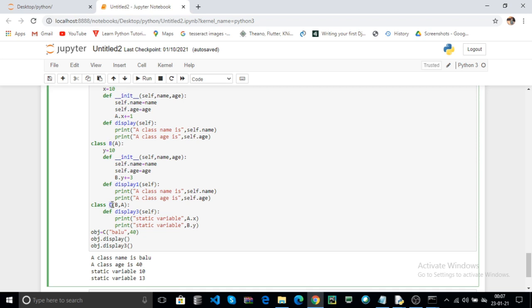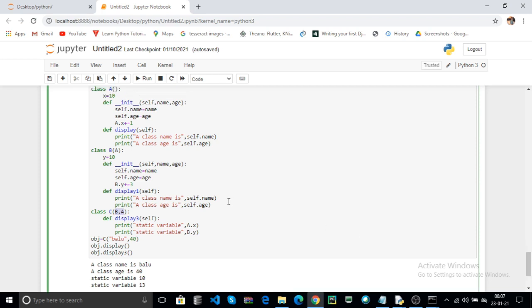Here C contains the parent classes B and A. Here the constructor is overridden, then I am using that parent for that B. Here without using the parent for B, B is one separate class and A is one separate class, you can access the C object.